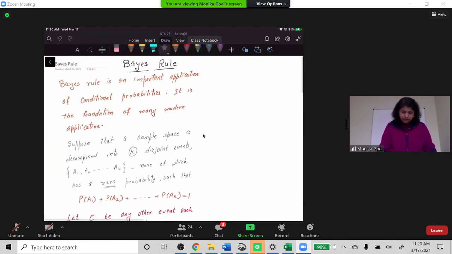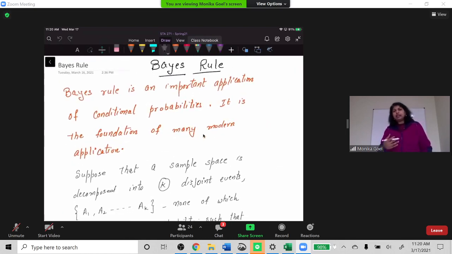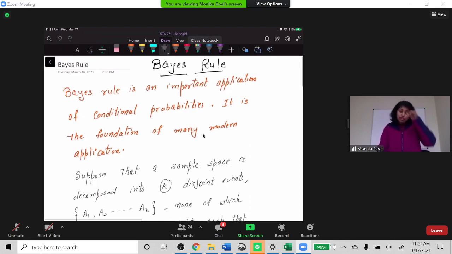When we are talking about Bayes rule, let me go over it here instead of using the slide. The slide also explains it, but it does not derive the formula. It gives you the formula as it is. If you want, I can upload that on Canvas also. Bayes rule is an important application of conditional probability, and it helps us understand a lot of different problems. If you take a higher level statistics course, you will use Bayes rule.